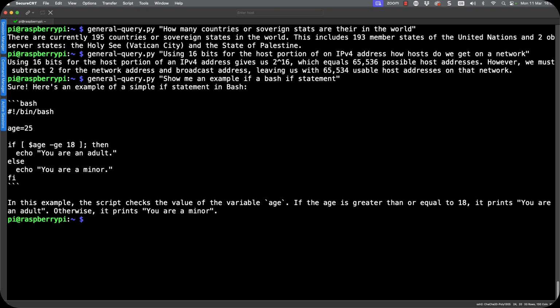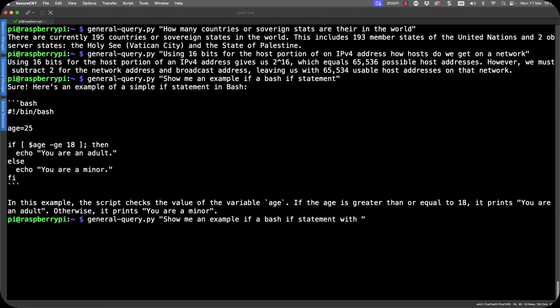But of course, we might be looking at this and thinking, well, okay, what if we want to test for different age ranges? Well, can we do that? Well, of course, we need to modify our question. And we need to say, well, can you include an elif statement? So as we go back, we can up arrow key and we can make the changes to the prompt to ensure that we're going to get an example of elif coming back.